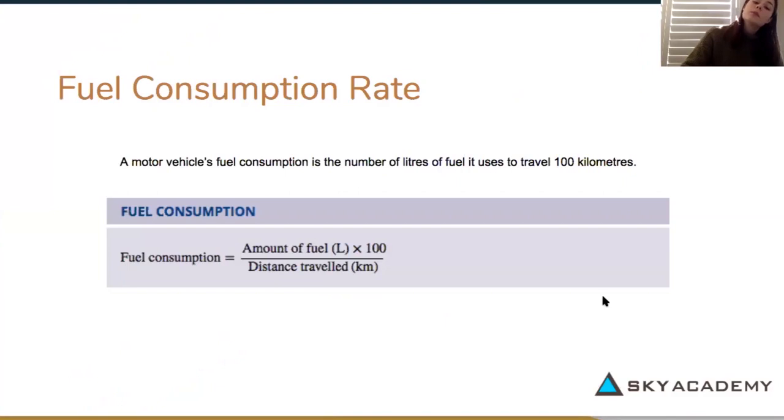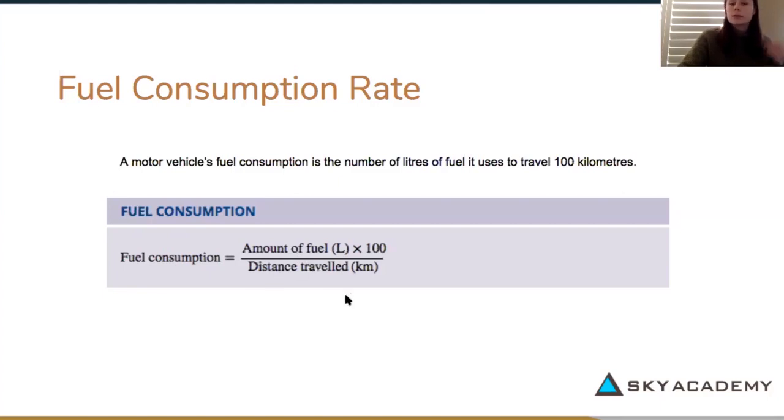So fuel consumption is the number of litres of fuel a vehicle, so it could be a car or a truck, uses to travel 100 kilometres. If we have a look in this blue box here, it is the fuel consumption formula. This is where FC, or fuel consumption, equals the amount of fuel in litres times 100 over the distance